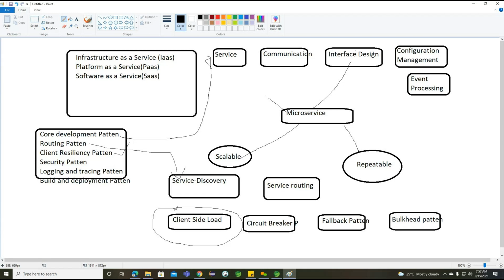Because basically, if the client is calling multiple times, definitely our application is going to have a performance problem here. So instead of doing this, we can implement the circuit breaker pattern. Internally, it is going to take some calculation, and based on the calculation, the request is going to be received by our service. Getting the point. So instead of giving the request every time,